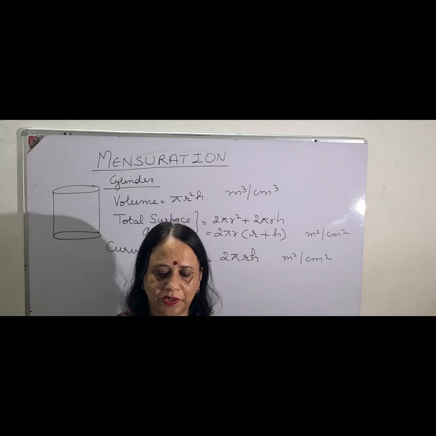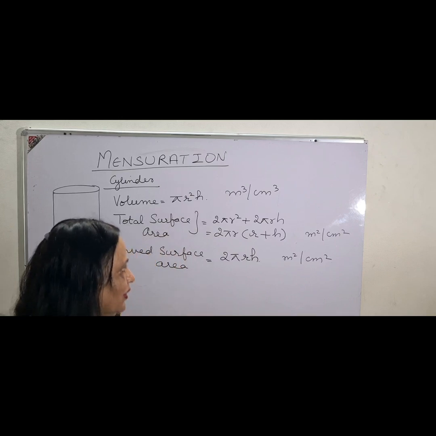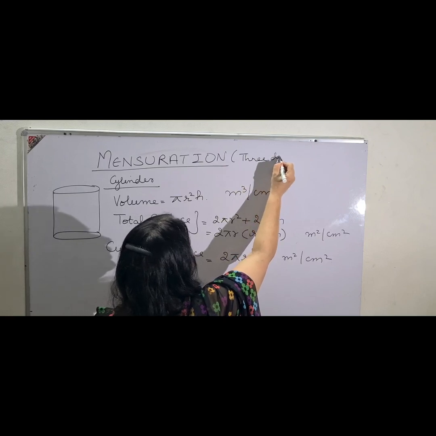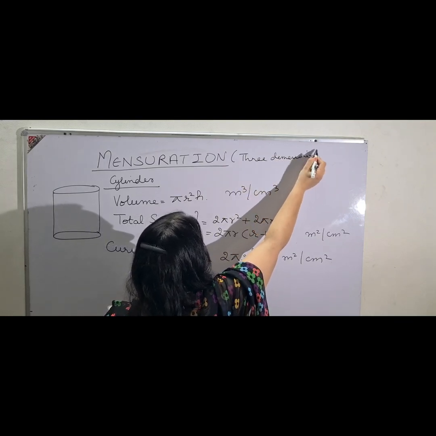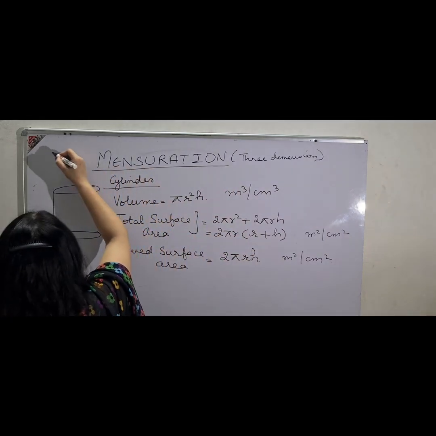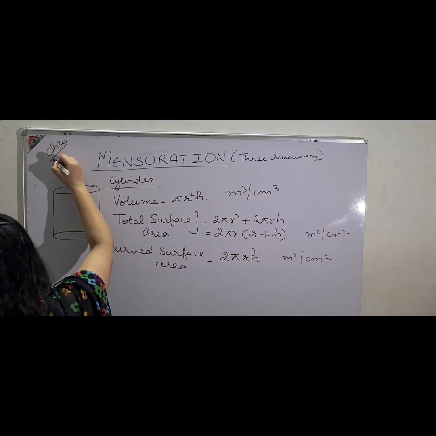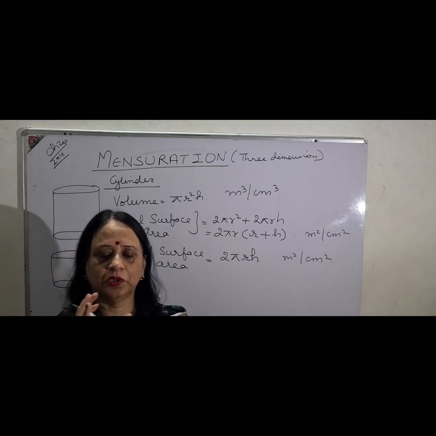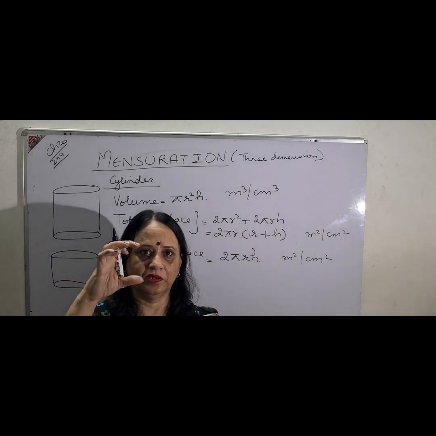So today I am going to give you the information about cylinder. See, mensuration, the word means volume, talking about 3 dimensions. 3-dimensional figures, as I have written on the board. This is chapter number 20 and on page 294. See, I have made one cylinder for your information. This is the cylinder. This is a 3-dimensional figure. For example, a round box, or even a chalk.